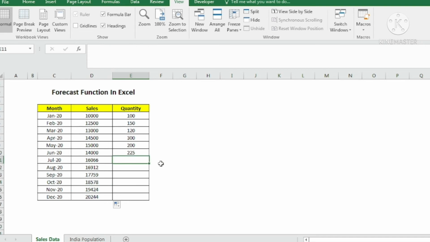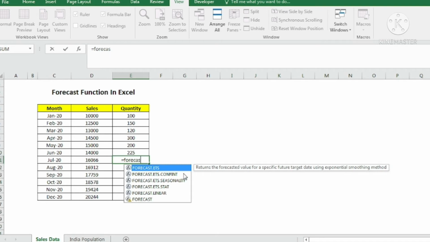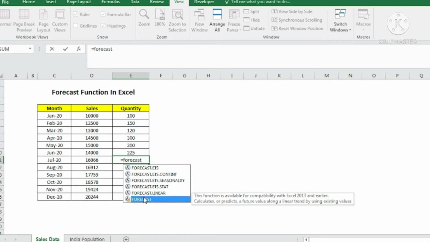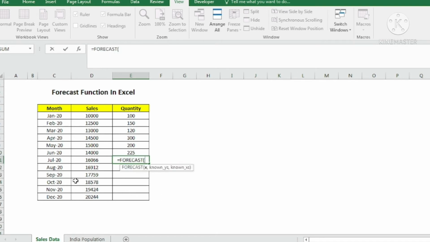Similarly, I will put this formula for the quantity again, so that you will learn this, you will remember this. Equals FORECAST. This forecast I am going to use, tab, X. X is the month for which I am going to forecast these figures, comma, known figures for this quantity for the 6 months. Then lock this range, comma, known Xs, for which months these figures are, from Jan to June. Again lock this and complete the formula, enter. And then copy this formula down.